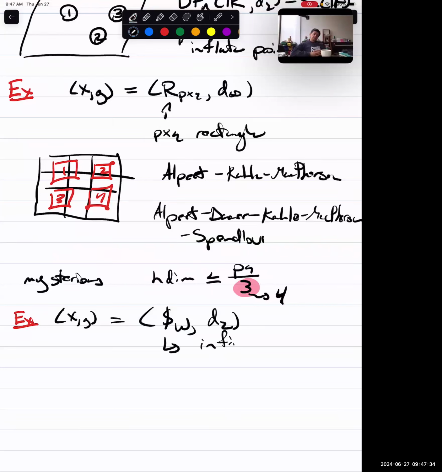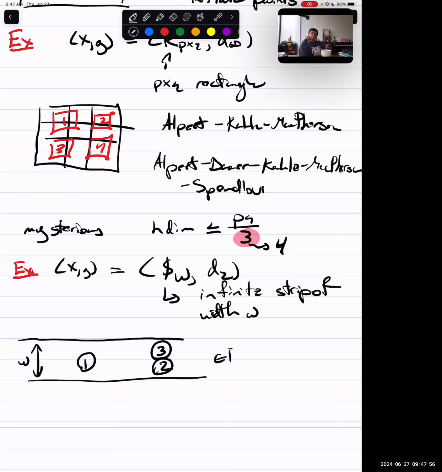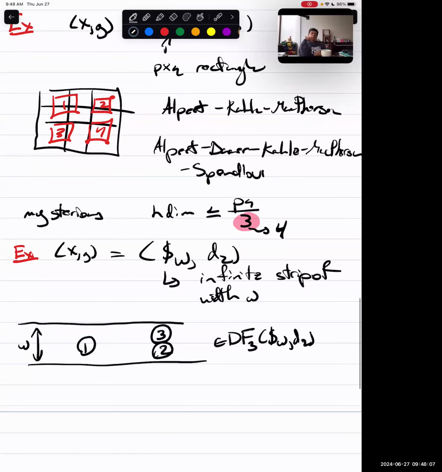So, an infinite strip of width w. An example of this: let's have our width here be 2, and here's a nice point in our disk configuration space. So note, this is the ordered configuration space of 3 disks of unit diameter in the infinite strip of width w here. And one thing to note, unlike configuration spaces of points, this disk configuration space,